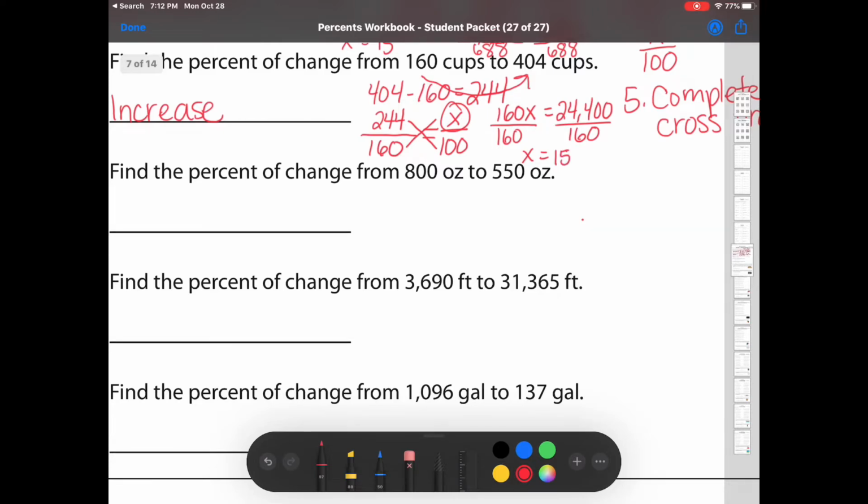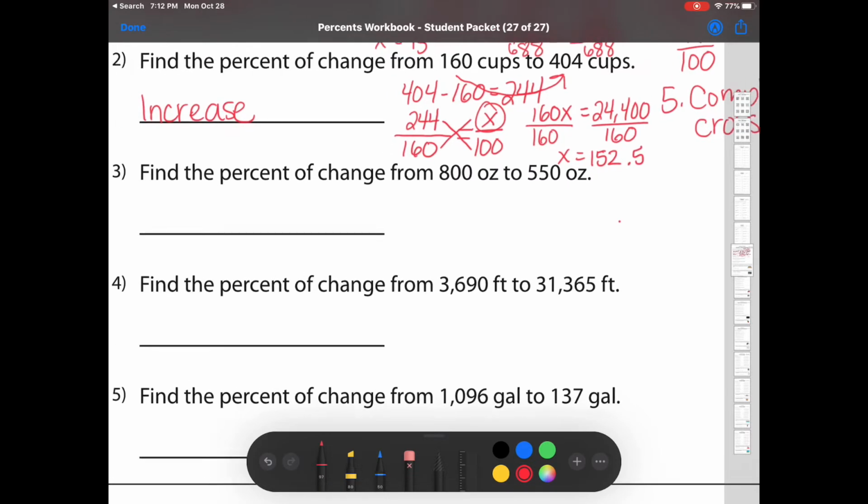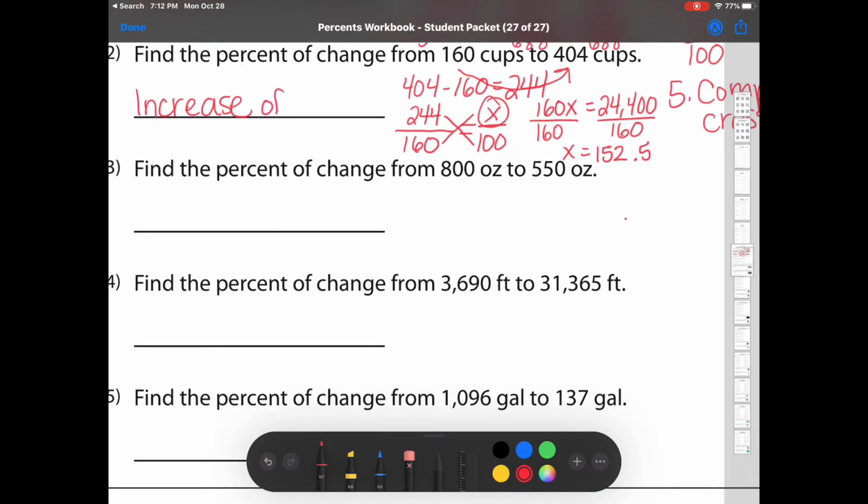I'm having issues writing today. 152.5. Now that means that we had an increase of